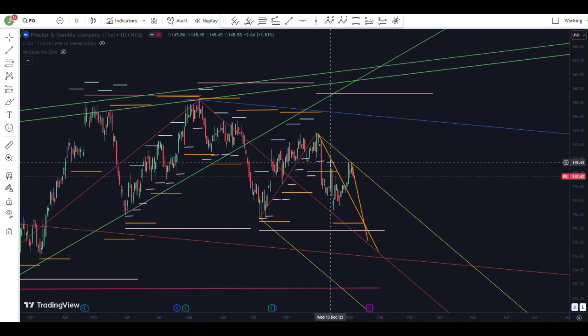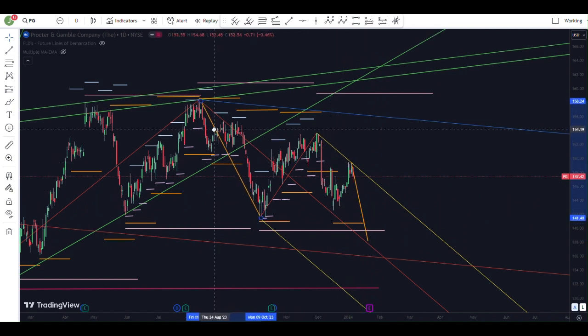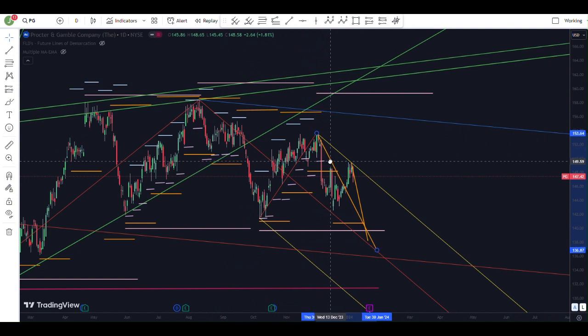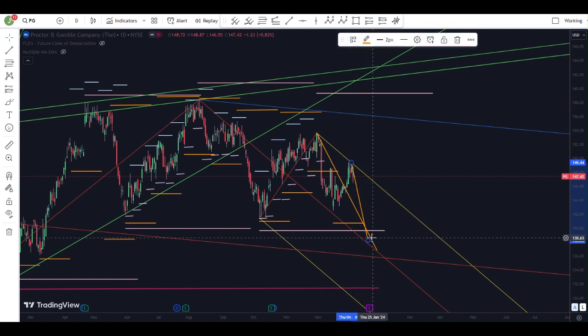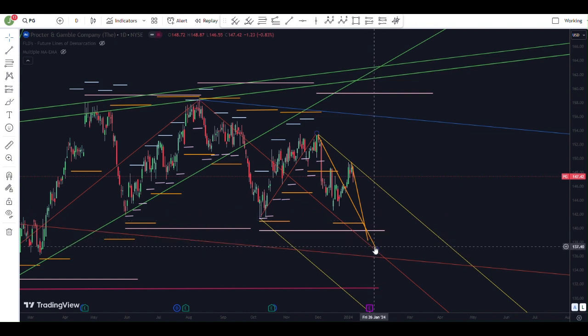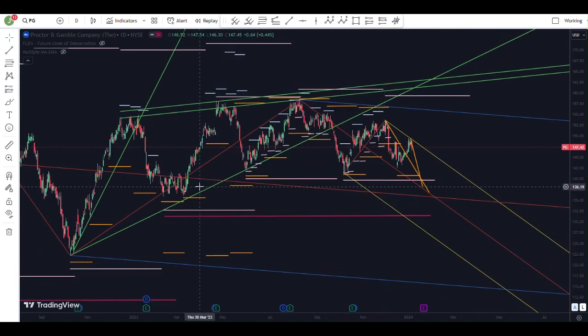Additionally, we have this one-to-one measurement of this move right here. Now, that does not need to be fulfilled. We also have this one-to-one measurement of this move right here. And I'm putting it here. This is actually the high over here, but this is a pretty steep move down. I don't think we'll necessarily replicate that. But we have both of these one-to-one measurements coming right into here, right near where both of these median lines are, lined up with both of these potential trough zones. And they also bring us right back into this potential support area. So all of that considered,